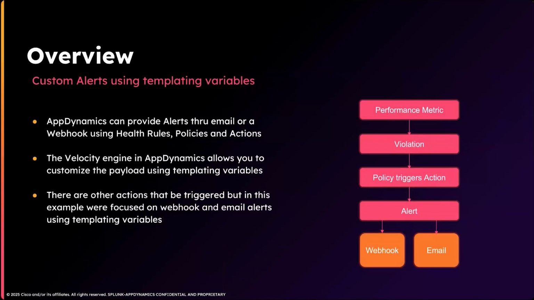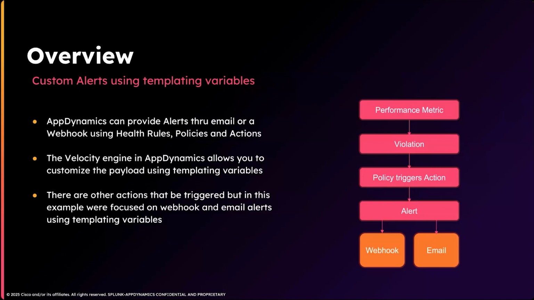The policy triggers an action, which we refer to as alerts. In AppDynamics, they're called actions. And the alerts can be sent out via a webhook or via email. The Velocity engine in AppDynamics allows you to customize the payload using templating variables. The templating variables are built upon this technology called Velocity. There are other actions that can be triggered in this example, but we're focused here on webhook and email alerts